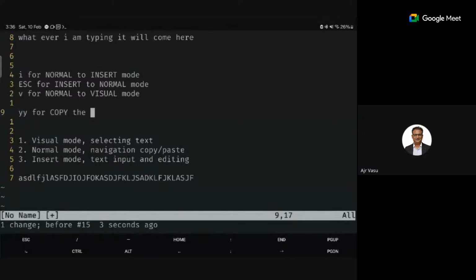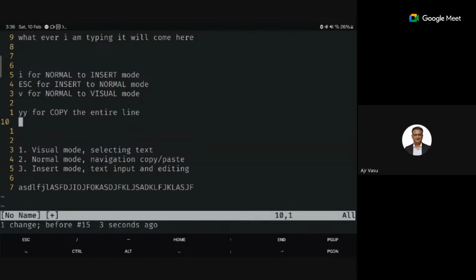So can you just show how copy works if you go to line 8? Yeah. Copy the entire line. Simply Y will copy what is the selection.